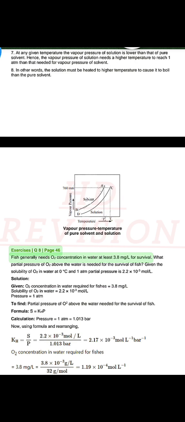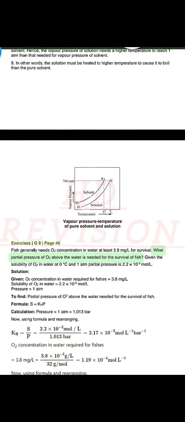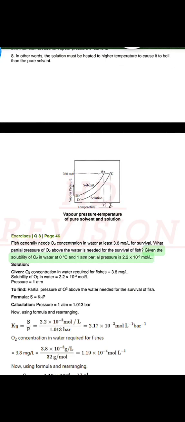Exercises Q8, page 46. Fish generally needs O2 concentration in water of at least 3.8 mg per liter for survival. What partial pressure of O2 above the water is needed for the survival of fish? Given the solubility of O2 in water at 0 degrees Celsius and 1 atmosphere partial pressure is 2.2 × 10^−3 moles per liter. Solution: